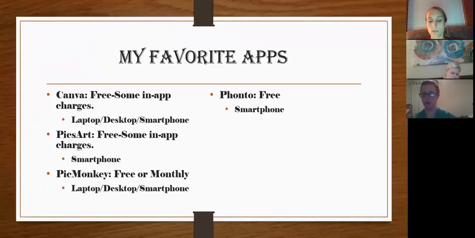So it's the one I use to edit my pictures. I just use it to do various things with pictures. And then there's PicMonkey, which is free or monthly. I think there's like a $7 monthly fee or something. I'm not sure. I don't use this very much. I use it to do a lot of transparency backgrounds and things like that. But it's only good on laptop, desktops, and I think there's like an app, but it's very limited on the